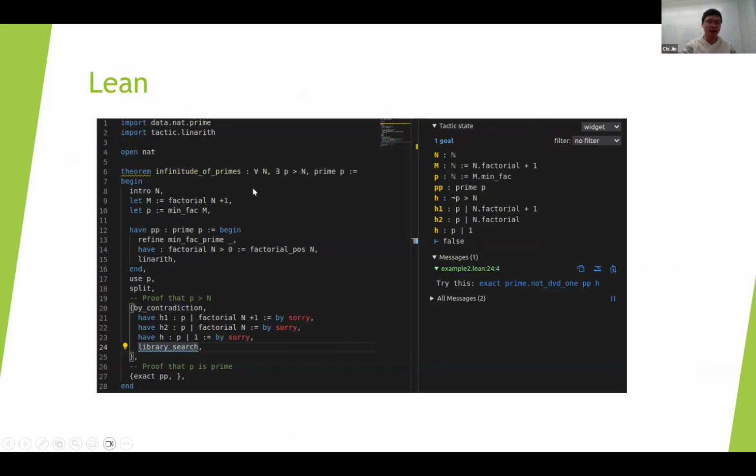You can think of Lean as very similar to Python. I wrote some code on the left side, which is my proof for the mathematical problem. And Lean can do a compilation, essentially like a Python compiler. It gives you feedback on whether it's correct or wrong, and which step is wrong. Lean can further be very interactive. For example, you can type in a step like a library search, which tells the Lean interactive proof assistant to suggest some proof tactics to complete your proofs.